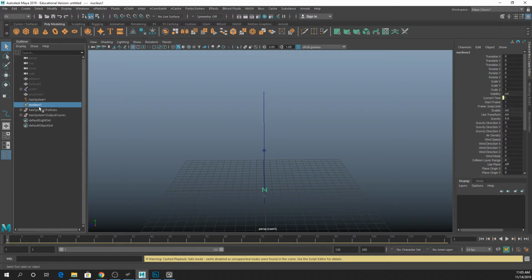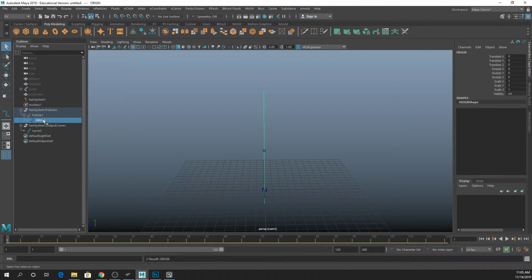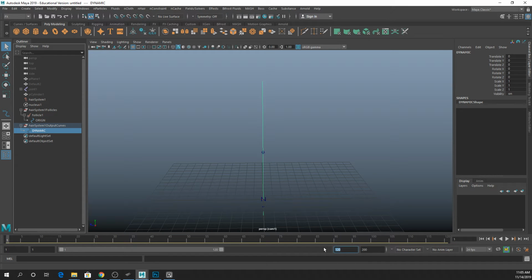If you've ever worked with NCloth, you'll notice this nucleus. It's the same thing that NCloth does. It basically defines gravity in your world, if there's any wind, stuff like that, sort of forces in the world. And it's also made this hair system follicles and hair output curves. So the original curve is going to be under that follicle system, and the newly animated curve is going to be under the output curves, right? So output curves is the new curve, so that makes sense. And nothing is really going to happen until I go ahead and play this animation, and even then,